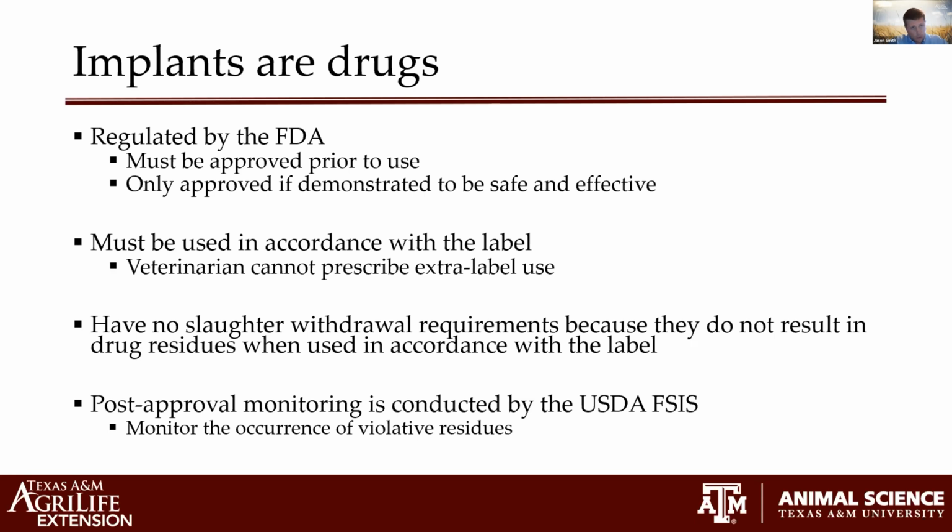Okay, veterinarian can't do it. I can't do it. No one else legally can do it either. So they have to be used according to what has been described and listed on the label. One of the things that I think is very important for us to recognize about these products, though, is that